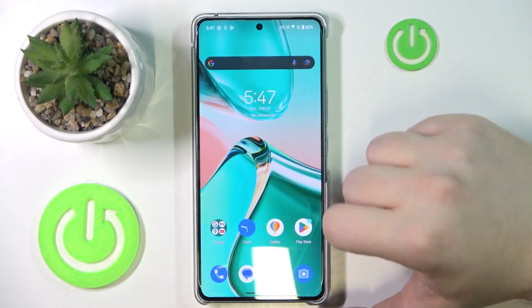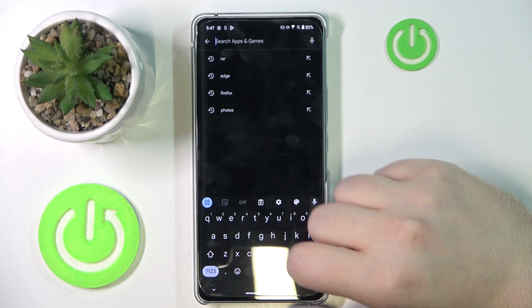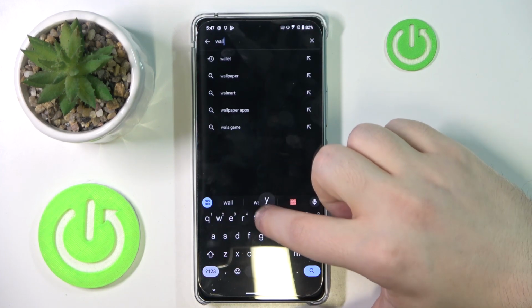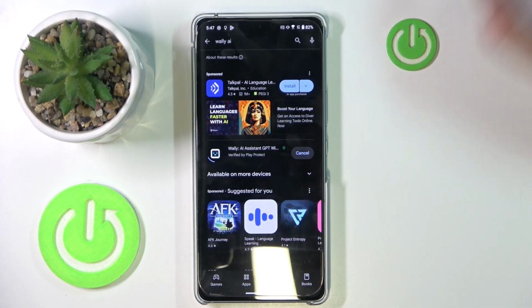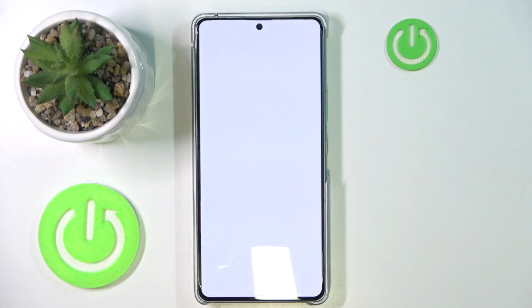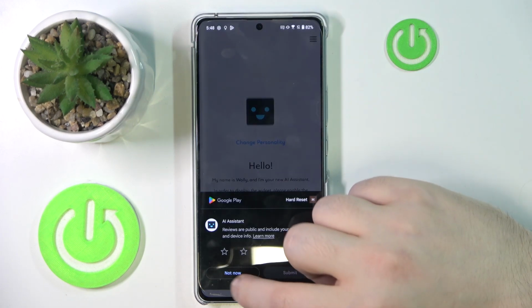So you have to start by opening your Google Play Store, then click on the search bar and type in Wally AI and click search, and then click install. Now you can click open, and then you can click on this button to skip introduction, then click not now